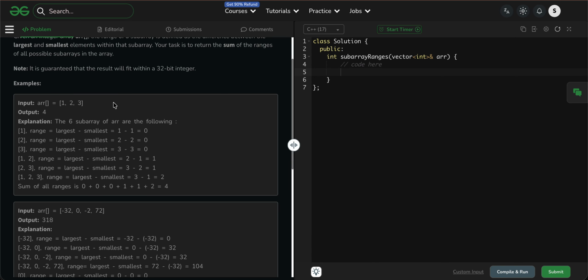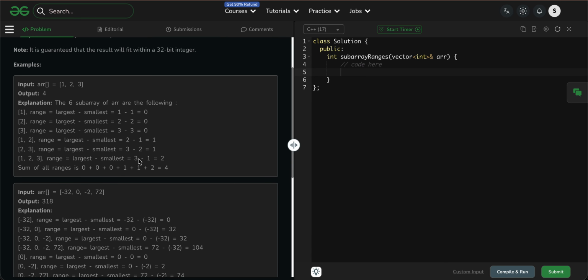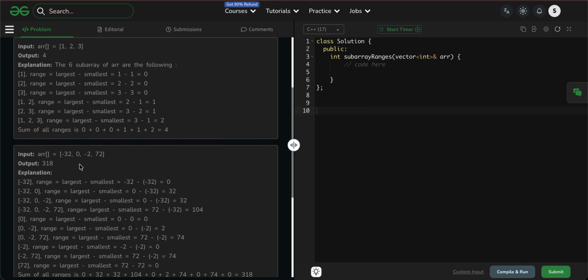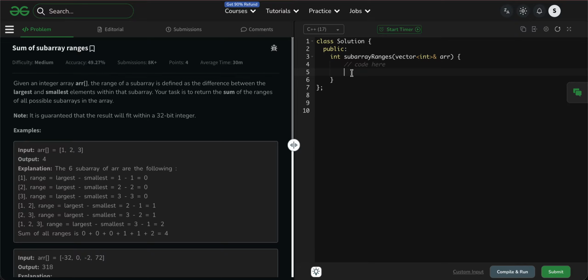The brute force is that we start two loops, and in the two loops we find the largest and the smallest, and then take the difference, like max of array minus min of array. So that has a time complexity of order of n square, which is too slow, and we have to give the answer in order of n time complexity, right? So in that we have to use